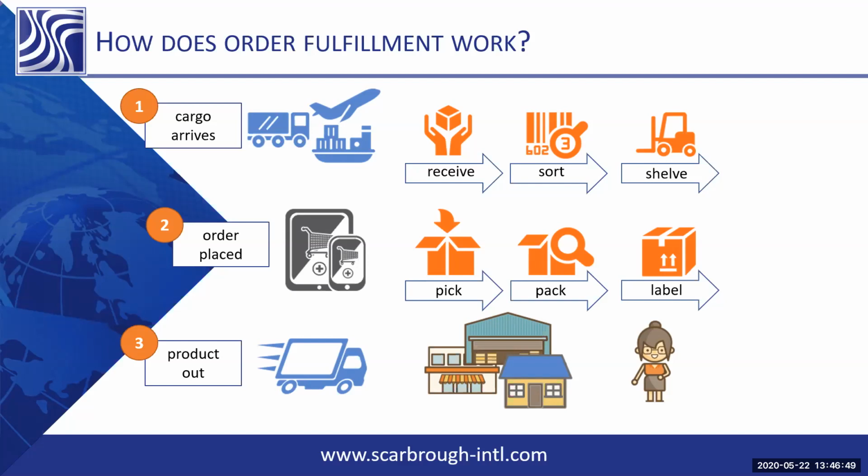would go pick that order with a bunch of other like orders, label it appropriately to go to its destination. Then it would get placed in the truck with a bunch of other orders which go to that, let's say it's UPS, go to a sort facility, and then that night it gets sorted and sent out directly to your